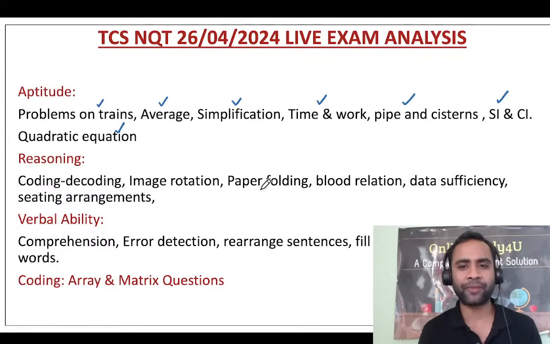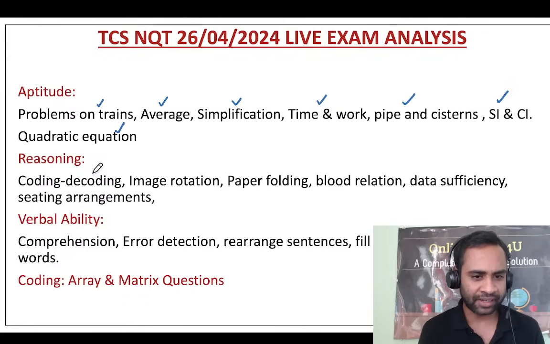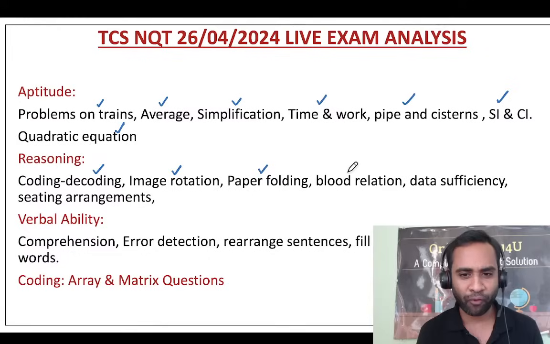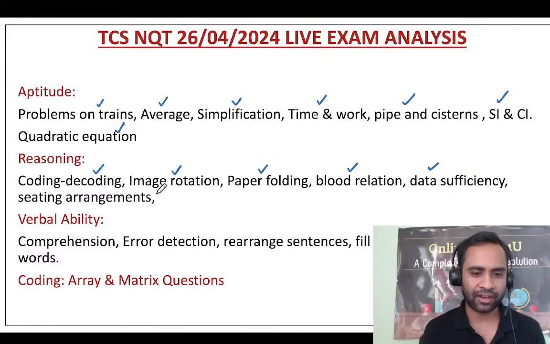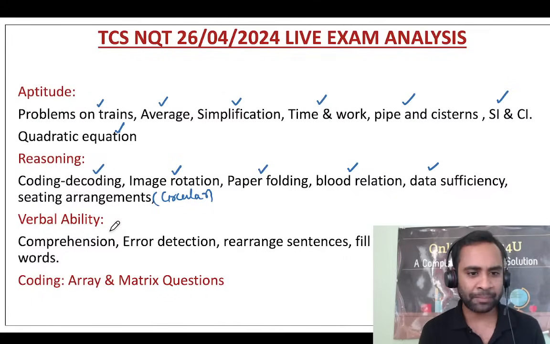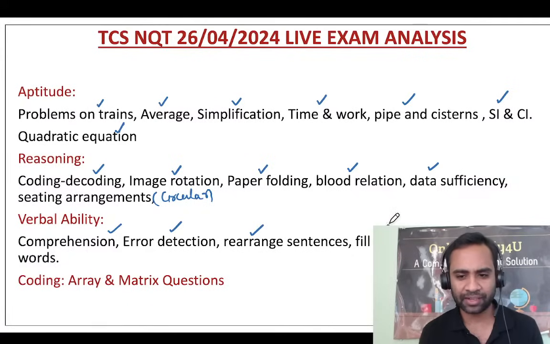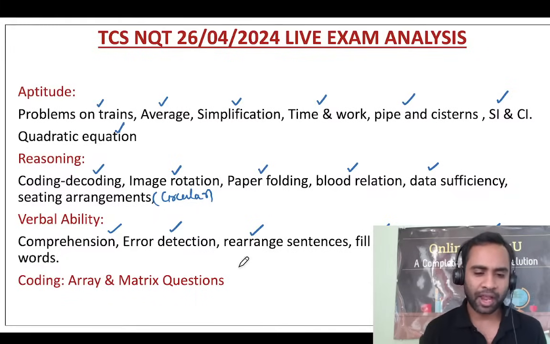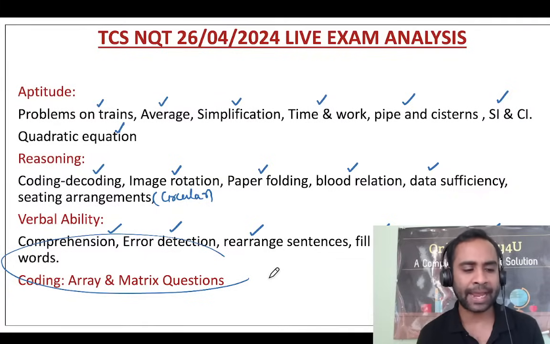In reasoning, coding-decoding, image rotation, paper folding, blood relation, data sufficiency, and circular sitting arrangement were there. In verbal ability, comprehension, error detection, rearranging sentences, fill in the blanks, replacing words. And for coding, you had array and matrix.